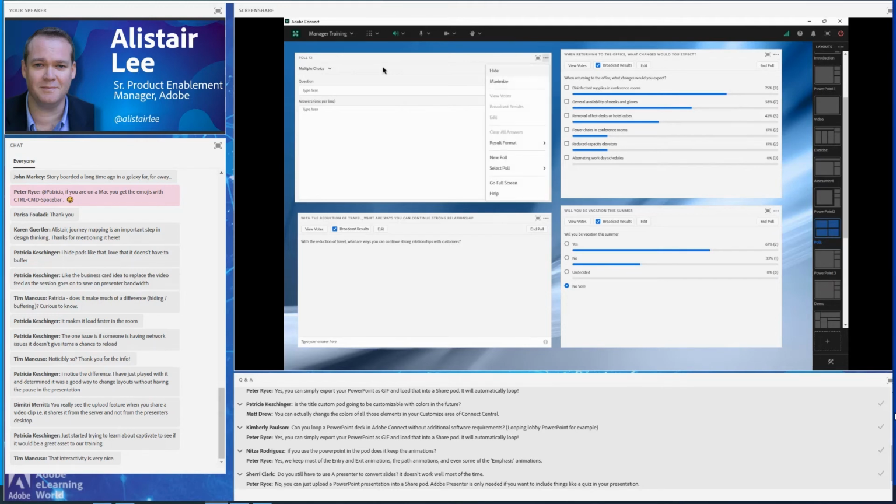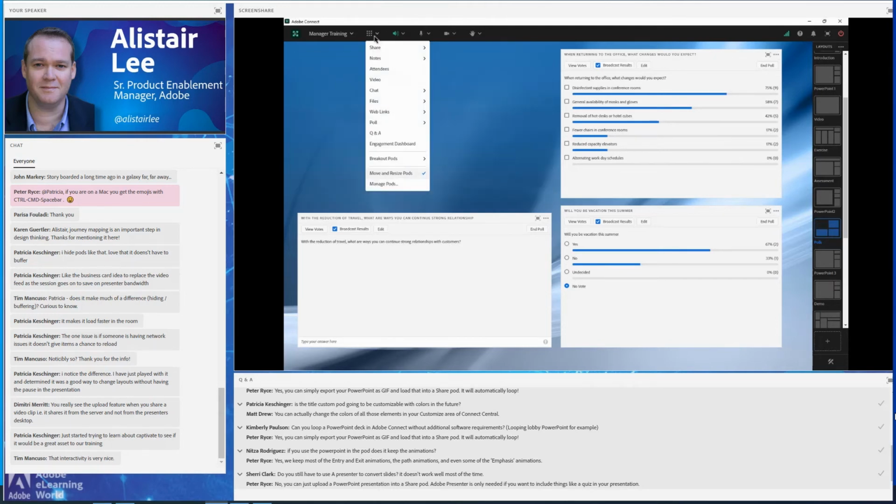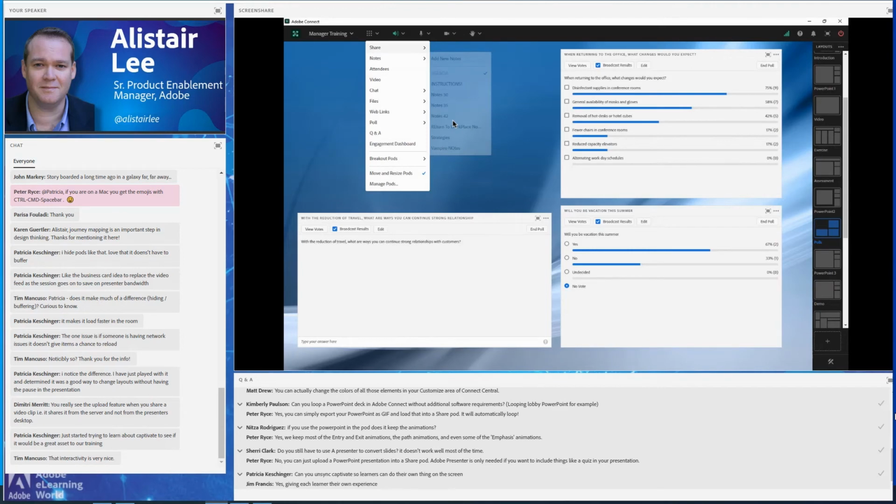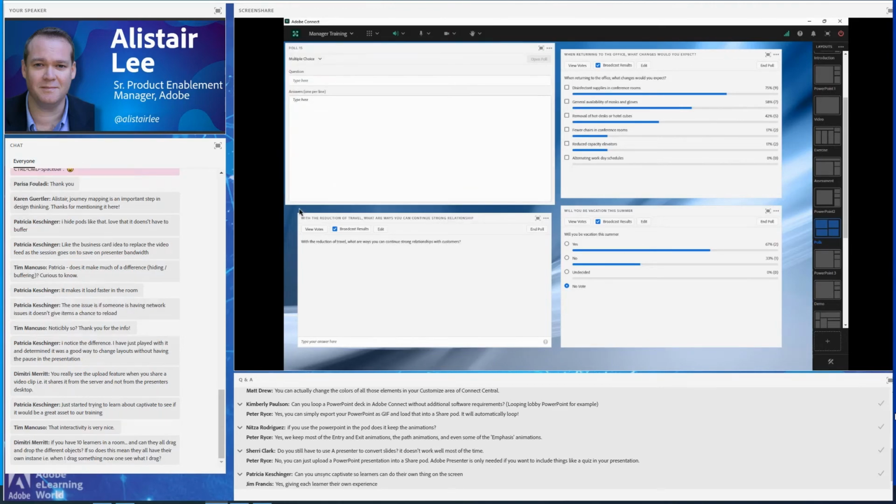So when I add a new poll pod to my layout, let's go ahead and hide this one. I'll go to the polls section by going into my pods menu and down to polls. Let's add a new poll. And as a host, I can resize these. I can place them anywhere on my stage. There are 3 different poll types that I've got. Multiple choice, where I can ask people a question. They can have an answer.